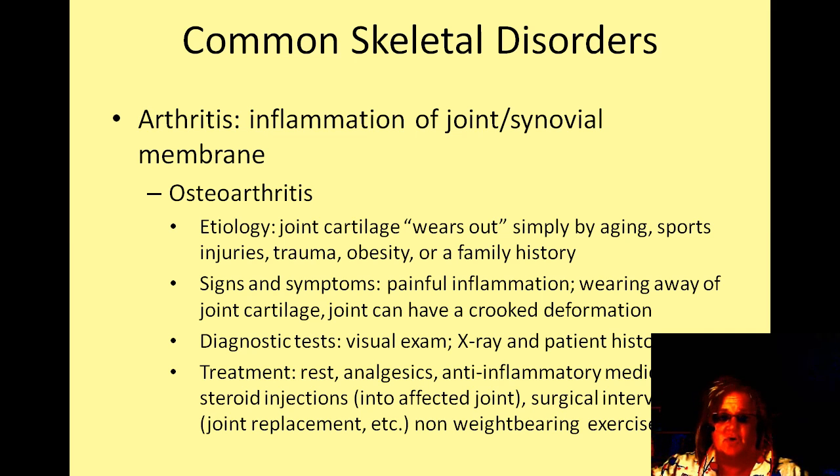Joint cartilage wears out by old age, by sporting injuries, by trauma, obesity, or a family history. Okay? The signs and symptoms are painful inflammation, wearing away of joint cartilage, and your joints can have a crooked